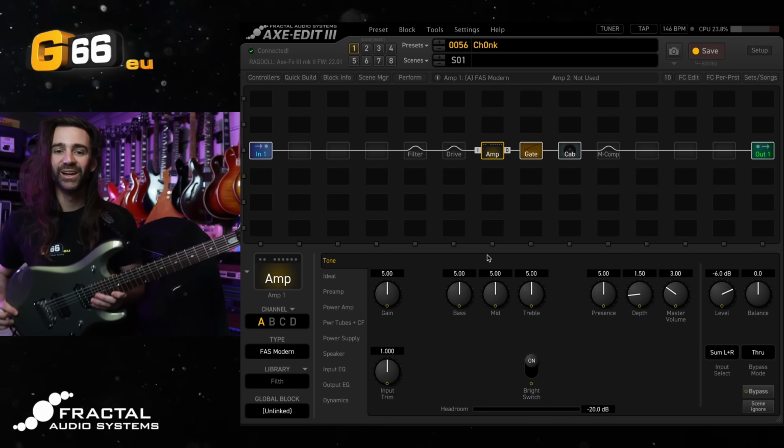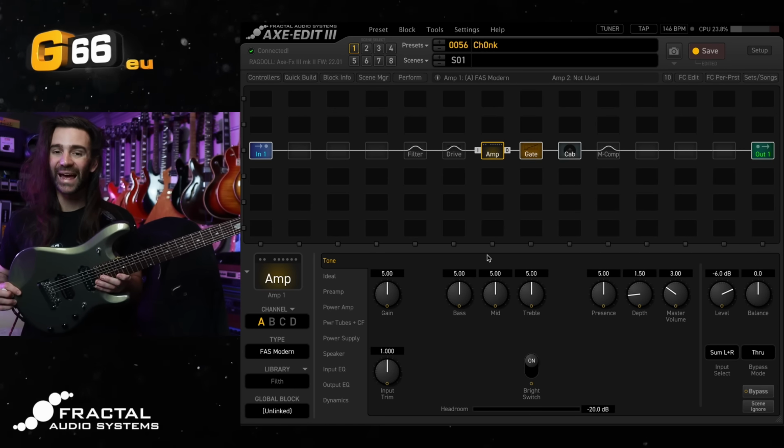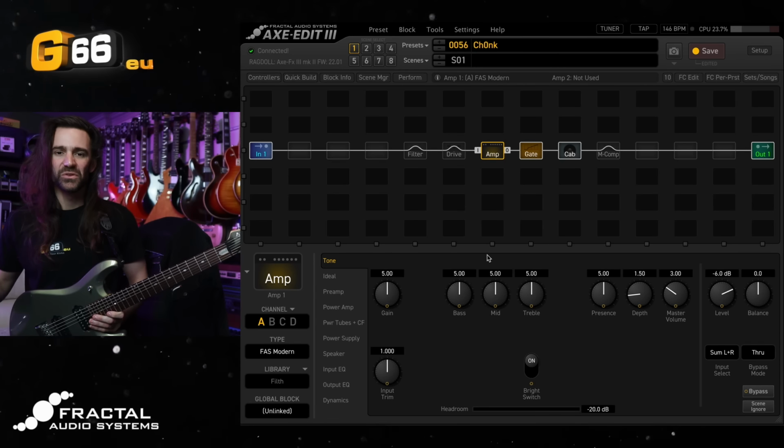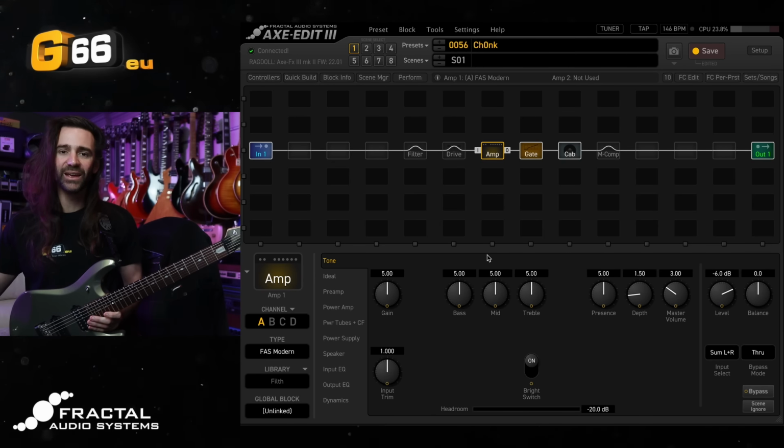On today's video, I've got my 7-string out. I'm in drop A at the moment on this JP7, and I'm going to show you a quick and easy way to dial in a super chunky modern high gain tone. So the JP7 is going straight into my Axe-Fx 3, and I'm going to start off with this FAS Modern